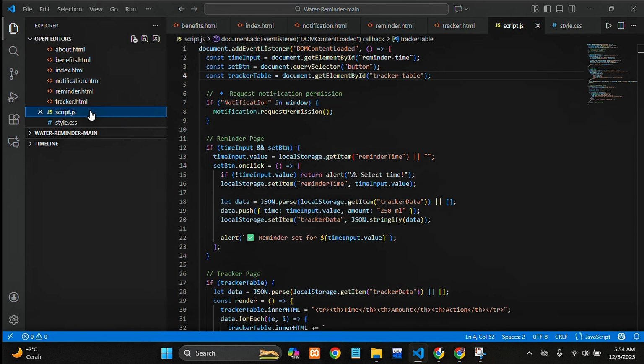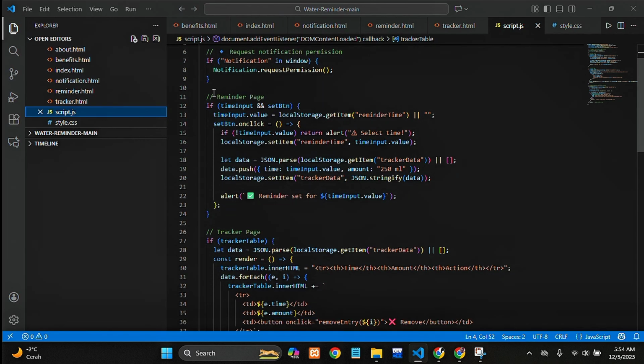Now I'm moving on to the JavaScript file, which is the part responsible for all the interactive behavior in this website. In this file, I handle things like the navigation toggle, the reminder feature, and the tracker updates.